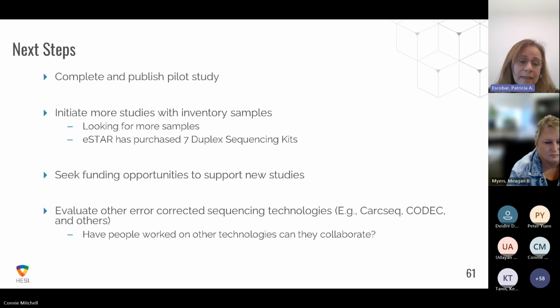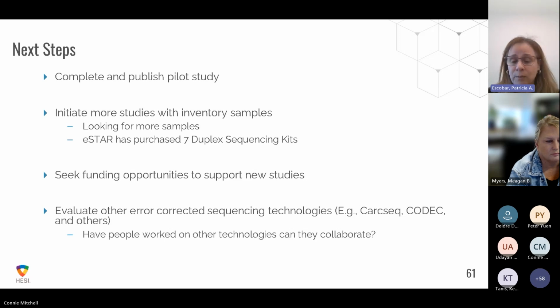So what are the next steps for us? We still need to complete this pilot study. As you can see, and I tried to relate to the presentation, there are different things we're trying to target at once, and I hope we can do that. We want to continue to look for more samples and more inventory. So we still shout out for people out there: do you have studies in your freezer that we could use? I think it would be great if we can do that.